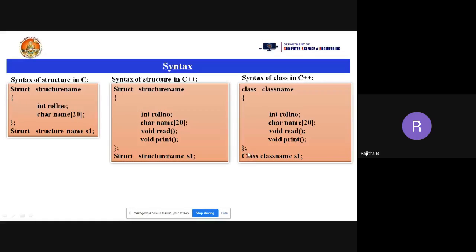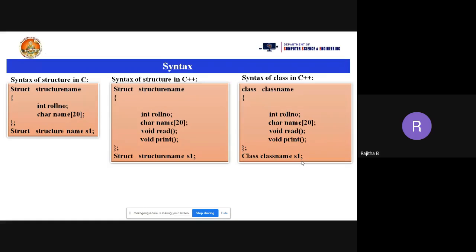Instead of the struct keyword, here we are using class followed by the class name followed by the class variable, ending with the semicolon. Is this clear? Structure in C++ and class in C++ syntax is almost the same, but we are using the struct keyword here, and in class we are using the class keyword. That is the difference between the structure and class in C++.